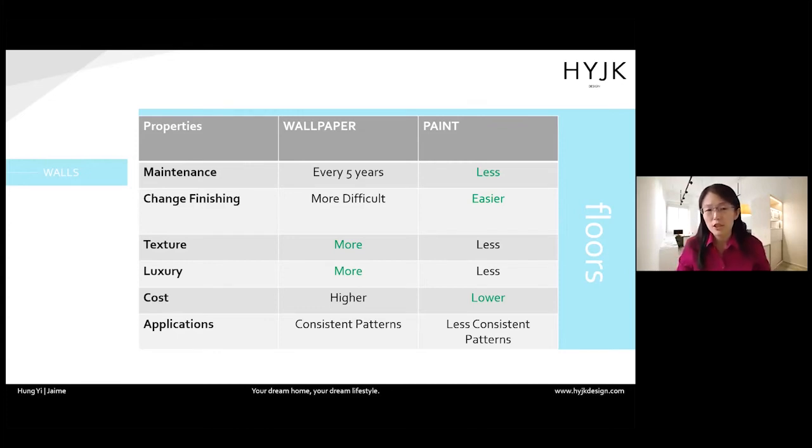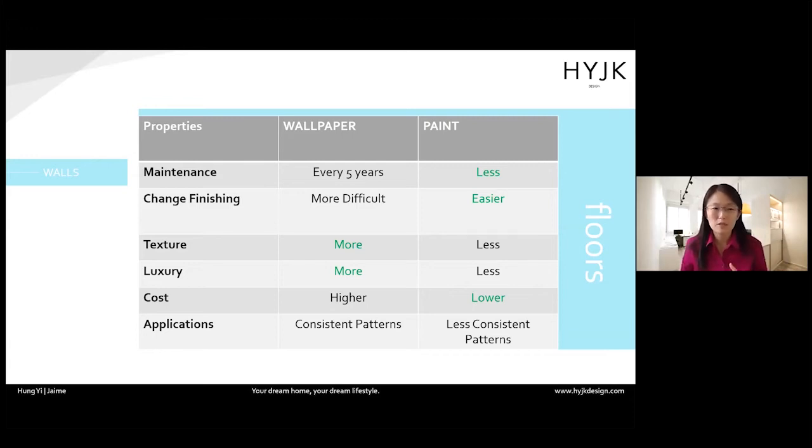So the thing about changing finishing, if let's say, especially if this is a very colorful wallpaper and you feel that, okay, I'm going to do this for my kids' room, and I want to change how it looks in a couple of years. That's fine, but with wallpaper, it will be a bit more difficult. You actually have to remove the wallpaper, scrape off the glue before you can decide what to do with your wall, to prepare the surface for what you want to do with your wall. For paint, it's easier. You can just cover it with a few coats of paint and you're good to go.